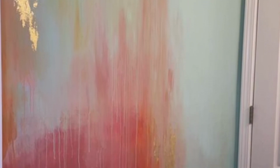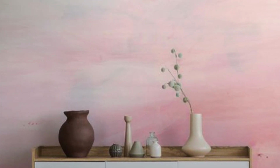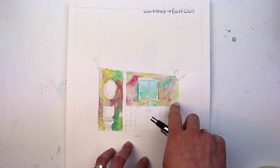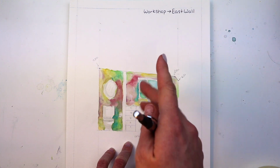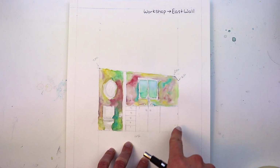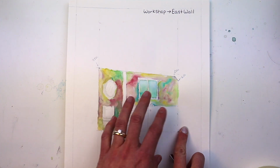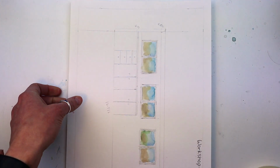They don't have to be super bright, but I love that look, and I don't want to be doing any of that in my house personally, because our house has got a southwestern style and the walls just look better when they're a cream color. But I thought in the studio with a wall like this behind a toilet and a sink, why not? So that might be my place to be able to paint a wall like that and experiment, and it's not huge, so it'll be kind of fun. Continuing on,